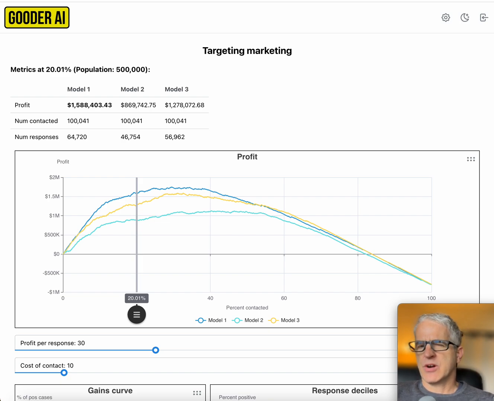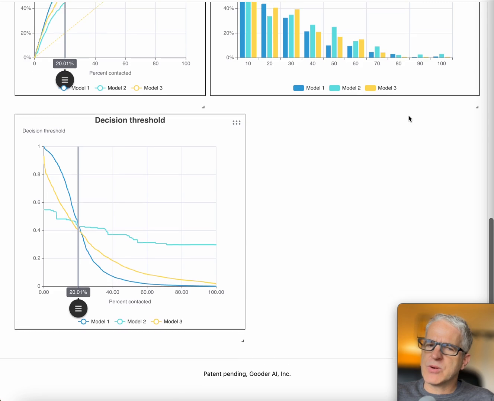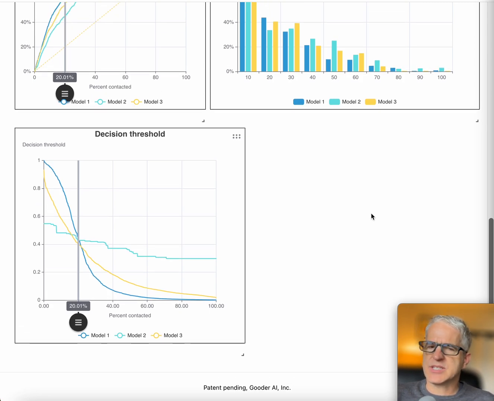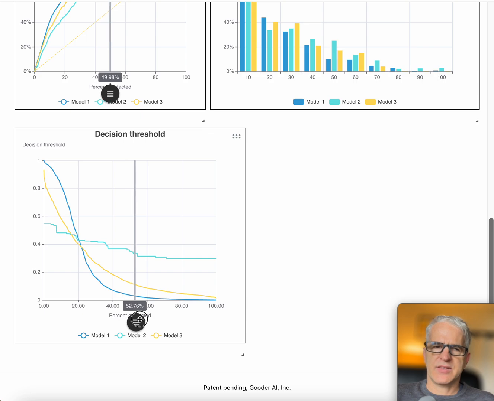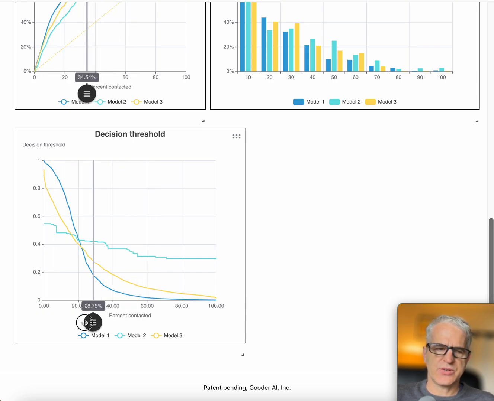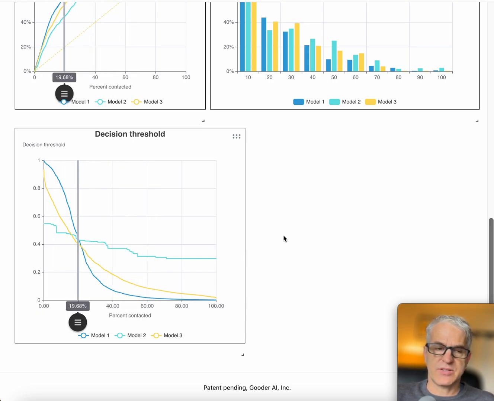So here's the setup for targeting marketing we covered in the very first video. As we have briefly seen before, if you scroll to the bottom in the standard config setup that we started with for this one, we have the decision threshold as a chart, right? So left to right, as always, with all the charts, is the setting of the decision boundary, how many individual cases treated, contacted for marketing in the case of this project. And then the Y coordinate is the actual value of the decision threshold, model score threshold to deploy for that basis. So I'm going to explain that, dig into it, give a few examples, but actually more